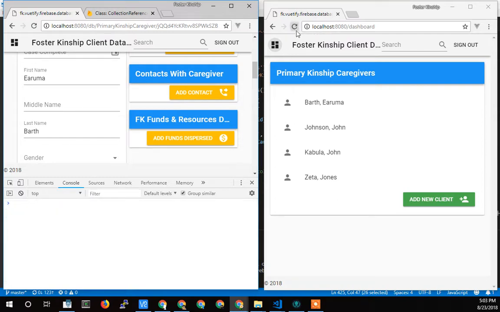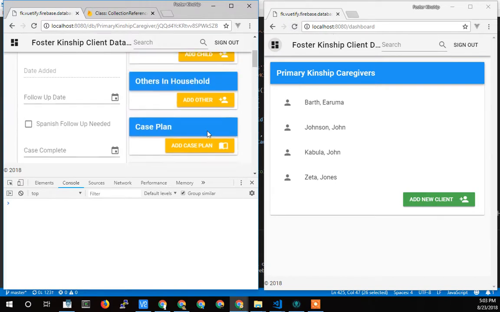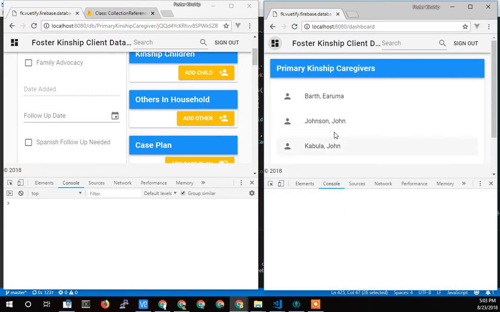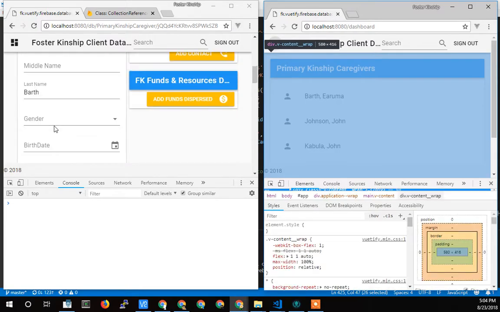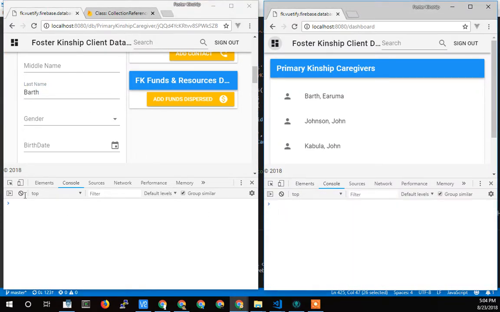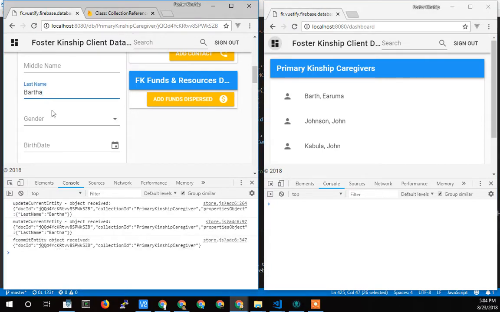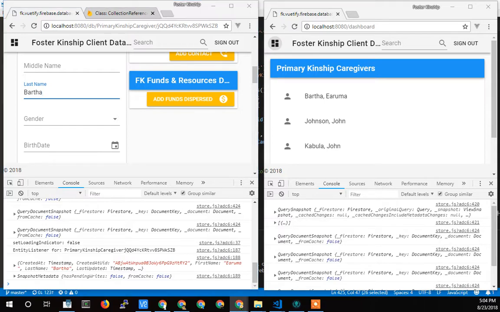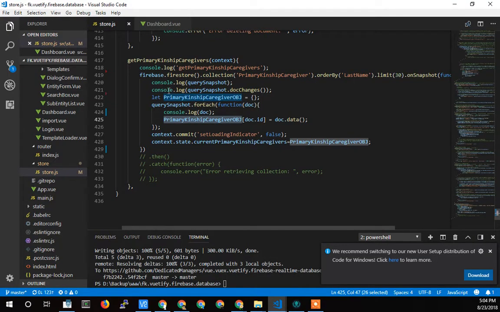So let's take a look at what happens here. Let's get the consoles open on both inspectors. When I make a change to Bartholomew, let's clear this so that we can see. I'm just going to make a single change. You can see I do some stuff over here, and then some stuff loads over here. Basically, in my code, every time I call this onSnapshot function, I log the snapshot, and then I log the doc changes, so we can start to talk about how I would more appropriately